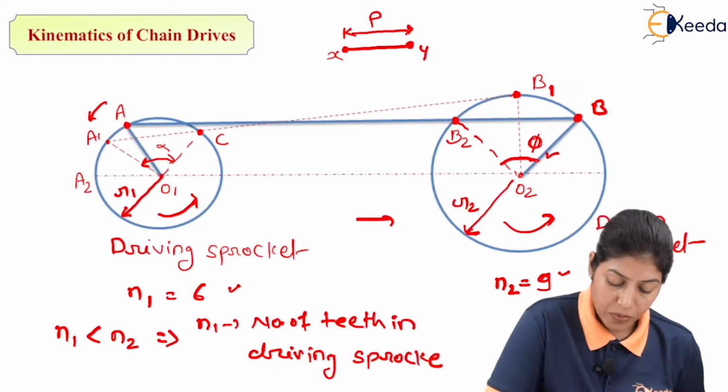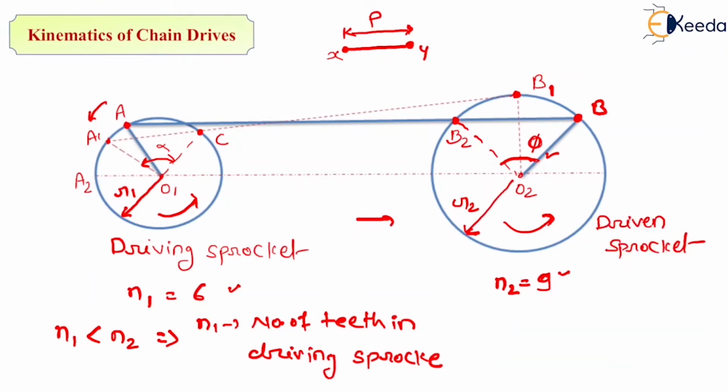And here, when point A is moving toward another point, when the driving sprocket is rotating in the anti-clockwise direction, let us consider it is changing its position to A1. In that condition, when A is moving toward A1, at the same time B will also move its position toward another point B1, because it will rotate the driven sprocket also in the anti-clockwise direction. So, this is the changed position of point B, it is B1. Now, during the initial position AB will represent a straight line.